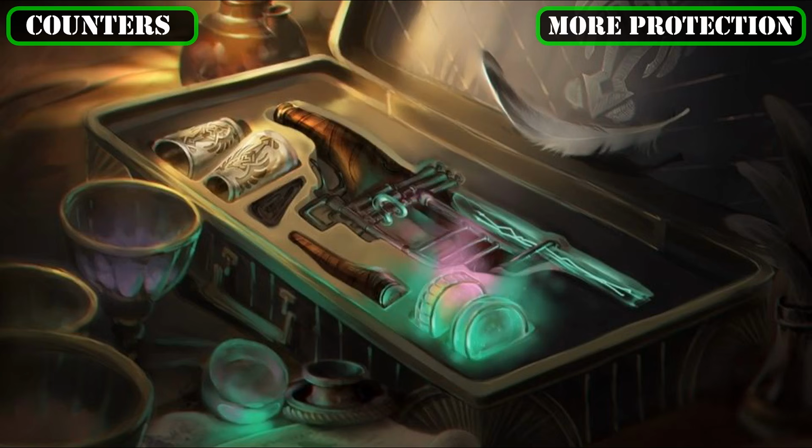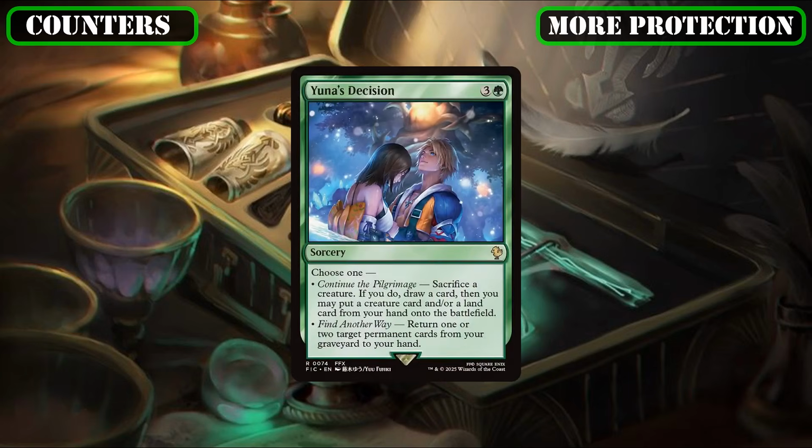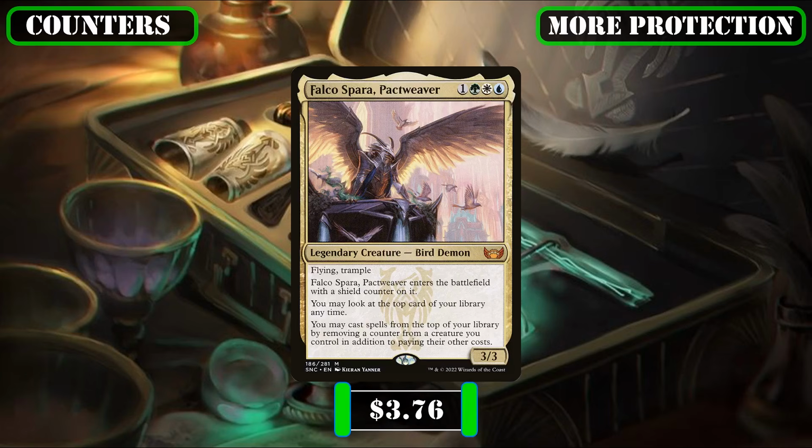Then staying on the protection game plan but pivoting from indestructible counters to shield counters, since they are a bit easier to come by, we'll be exchanging out Yuna's Decision, whose self-sacrificing value and graveyard recursion modes can be useful, but we'd rather keep our creatures alive rather than sacking them or bringing them back just to have to build them up again, for Falco Spara Pactweaver, who comes down with a shield counter that we can easily proliferate and spread, gives us yet another evasive body to reliably proc Tidus, and functions as a repeatable draw source via his